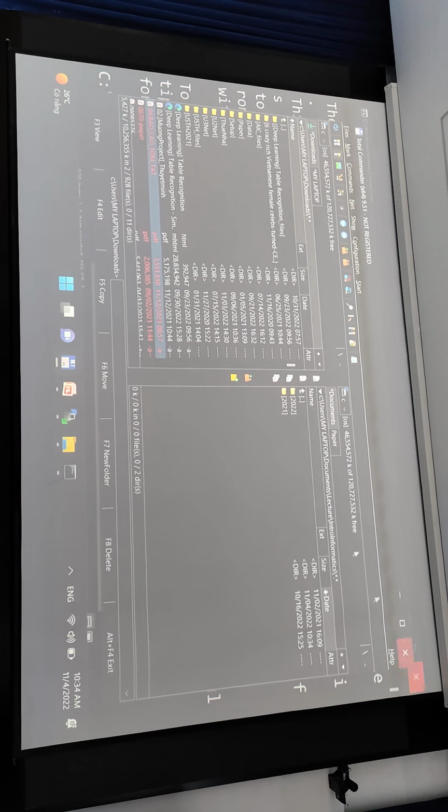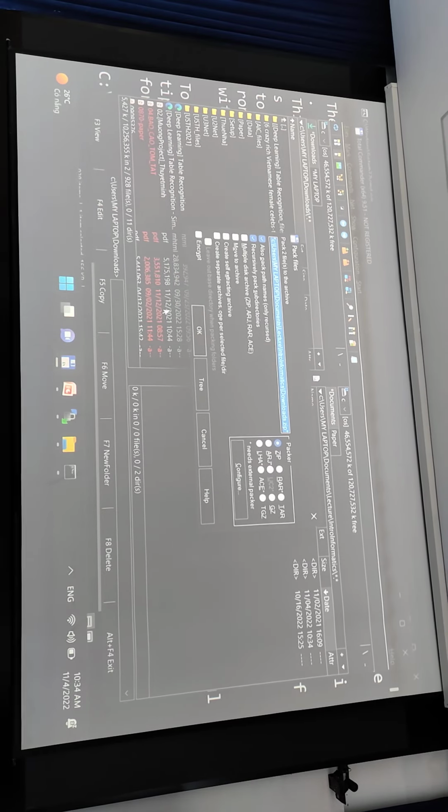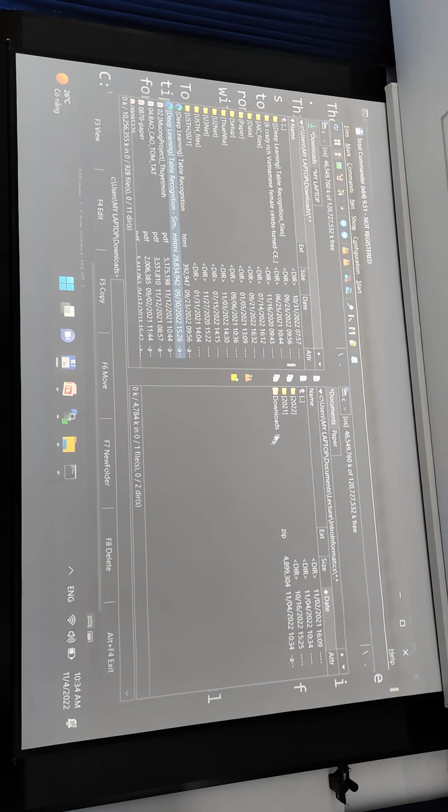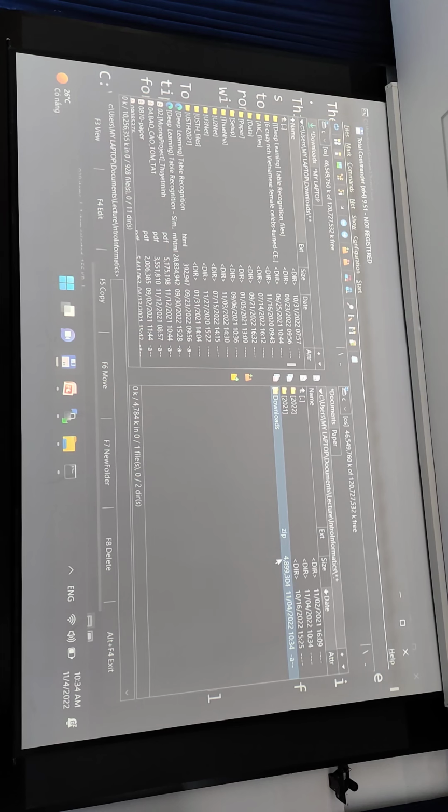Or suppose that I have files here, for example deep learning HTML files with 28 megabytes. I compress them into a zip file, and it has only 4 megabytes.